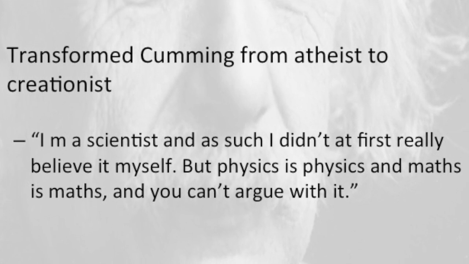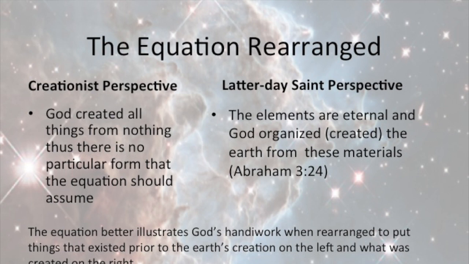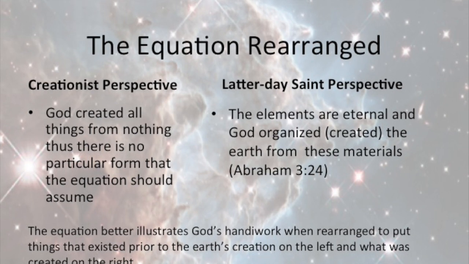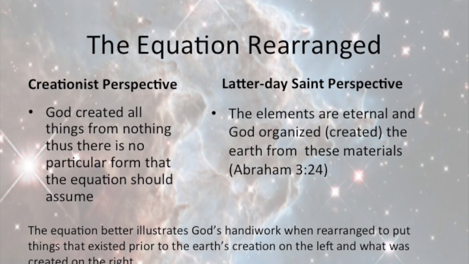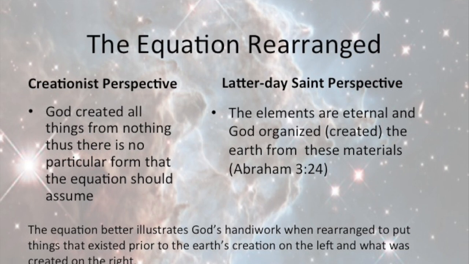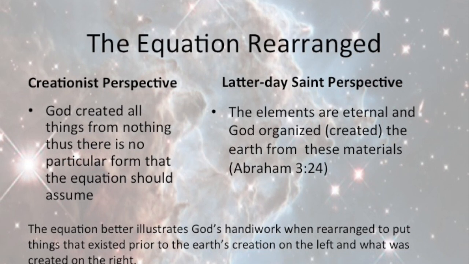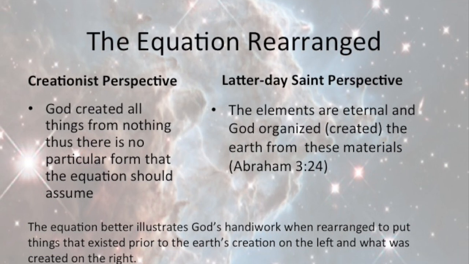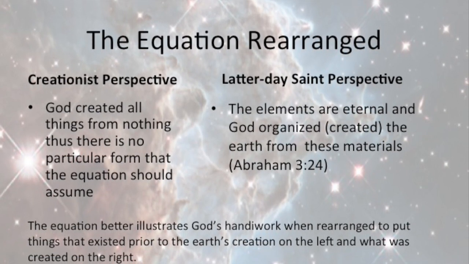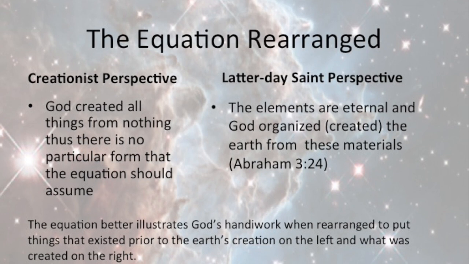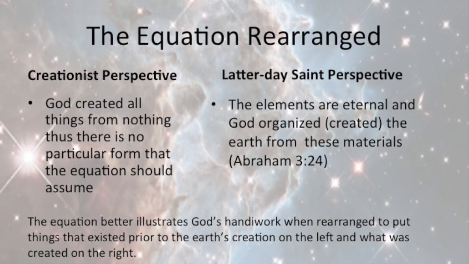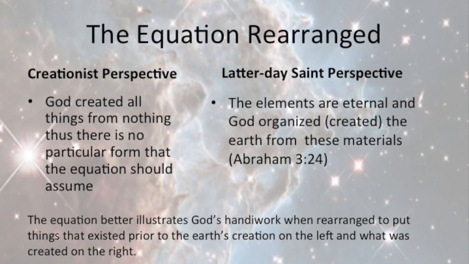Well, David Cumming was a scientist, and he created the equation, or discovered this equation, from the perspective of a scientist. And so the speed of light is on the right-hand side of the equal sign, and that's what he found really astounding. Okay? Well, from a Latter-day Saint point of view, we could rearrange this equation and look at it slightly different,